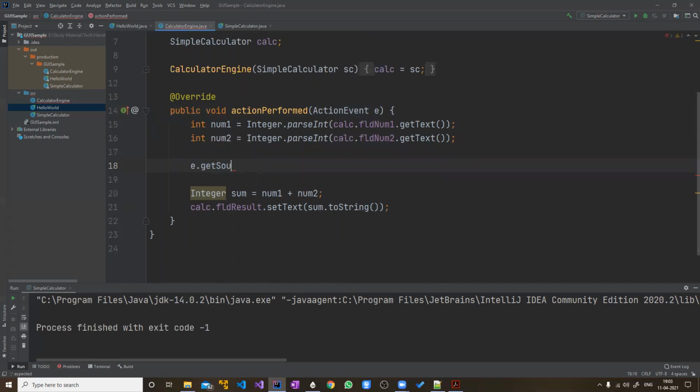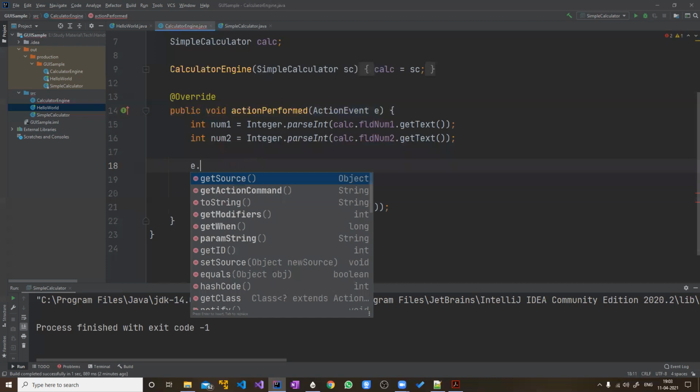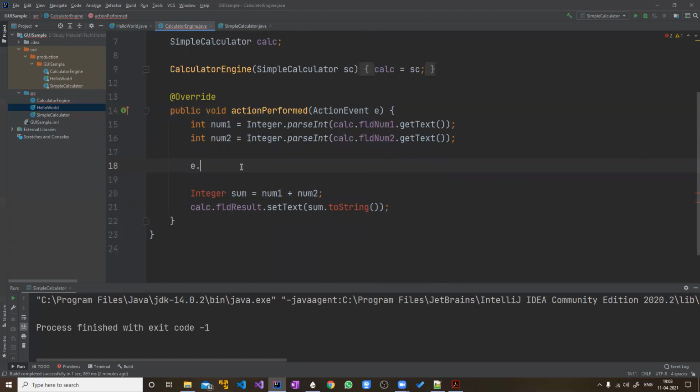And you can see here, when you type this, the return type of getSource is what? It gives you an object. It doesn't say that it is a button or text field or whatever, it just says that it is an object. So the first thing you have to do is get hold of this button.